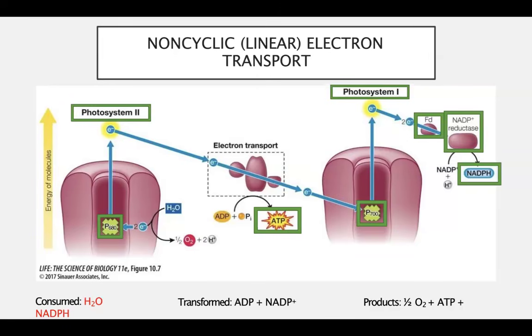However, a lot of students chose the wrong answer. They chose photosystem 1, photosystem 2, electron transport, etc. The reason they chose photosystem 1 first is that if it's labeled photosystem 1, you would think that would be the first electron acceptor in the sequence. However, photosystem 1 is not the primary acceptor. The reason it's labeled that way is because photosystem 1 was discovered earlier than photosystem 2. Photosystem 2 was discovered years after photosystem 1, and they can't change the names around, so that's why in the non-cyclic electron transport, we start with photosystem 2.